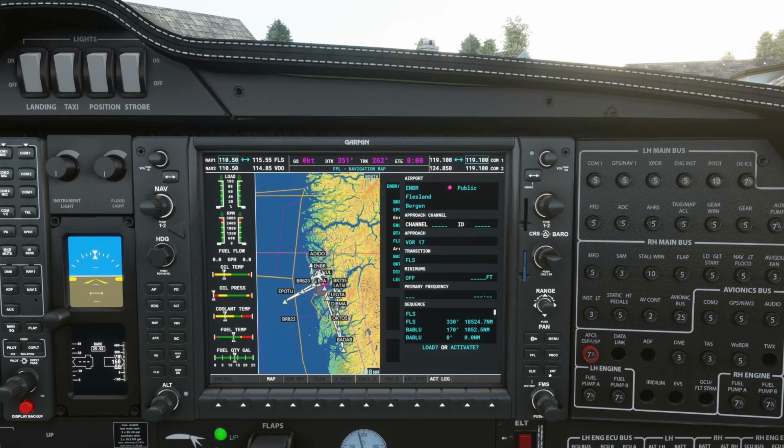It's just got a VOR 17 here, so we'll turn the inner dial, and then you can see you have the localizer there. So we can select ILS 35, click enter. Okay, you've got a transition there, so click on this knob to highlight, scroll down to transition, go to the inner knob once again, and then you can choose a different transition if you wish.